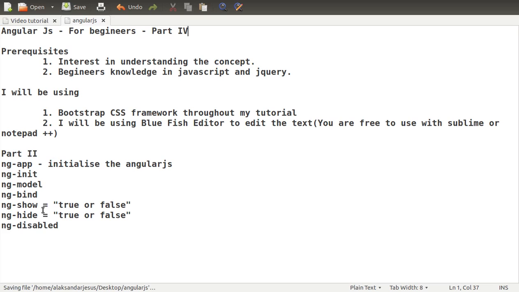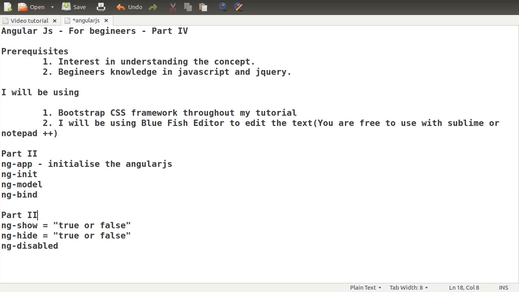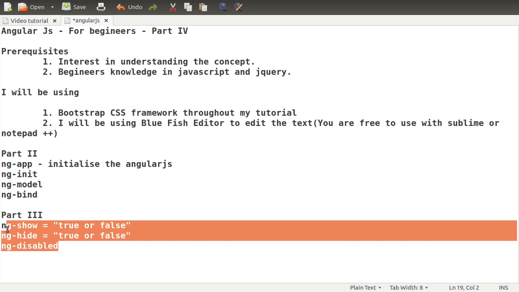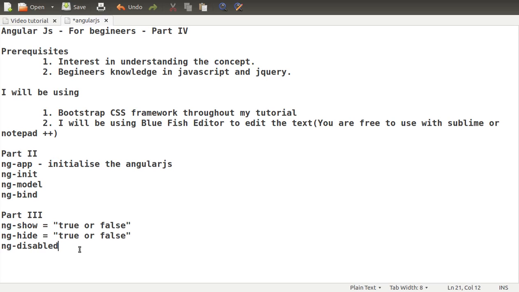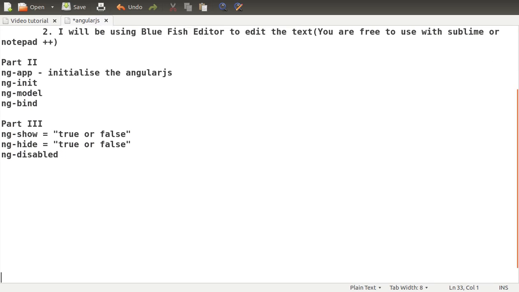So in the end of part 3 tutorial, we saw what are the uses of ng-hide and ng-show. Right now, in this fourth tutorial, part 4, we will see some filters. Sorry, in the last tutorial I told that we will be seeing some controllers. We will be seeing the controllers in the next tutorial. Here we will see some